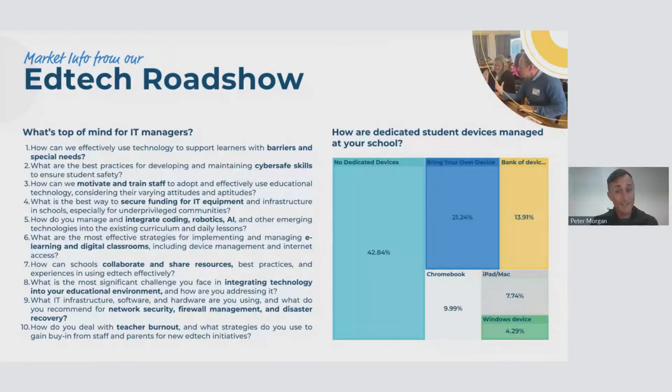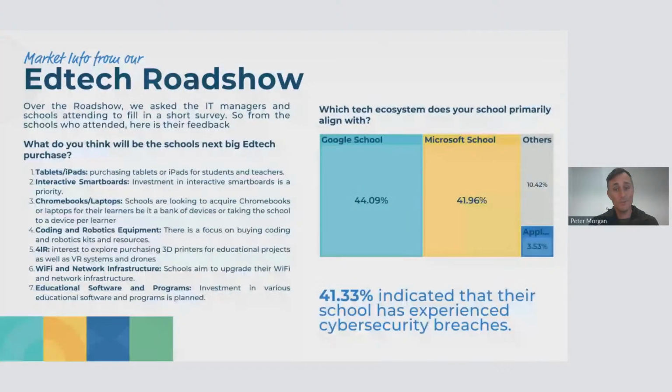On top of that, interactive smart boards was a huge need that kept on coming. I think a lot of schools see it as step one is we want an interactive environment, and then we'll go to devices. Point 4, which we thought was going to be a lot higher. We thought coding and robotics was going to be the number one thing they were looking for. It was in fact number 4, but the debates around it and the need that the schools have, that's a big thing. We picked up that a lot of the schools are going, I don't really know what I need.